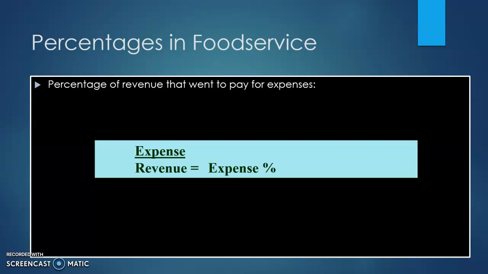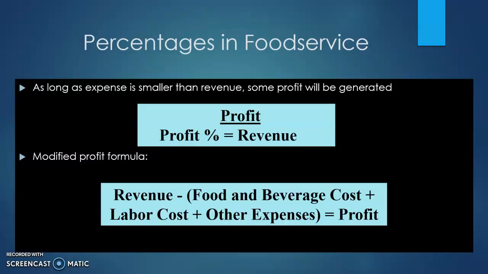So when we look at expenses and expense percentages, this is kind of what we are focusing all of our formulas on. The concept is that we take an expense and we divide it by what revenue we get from the products that cost that expense, and then we get the expense percentage, right? This is kind of similar when we talk about cost. And remember, cost and expense are used interchangeably. So if you wanted to put cost divided by sales, then you would get the same thing. You would just be using different terms, right?